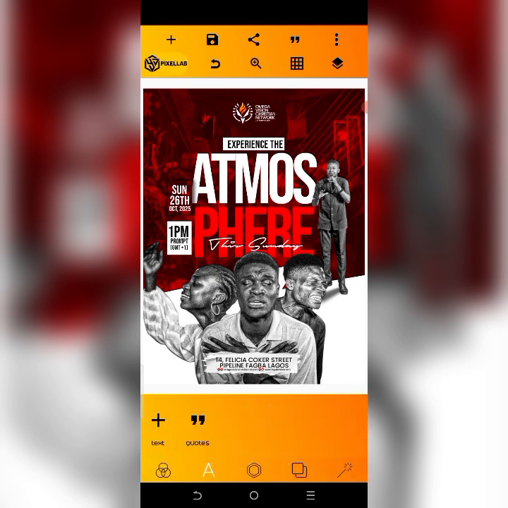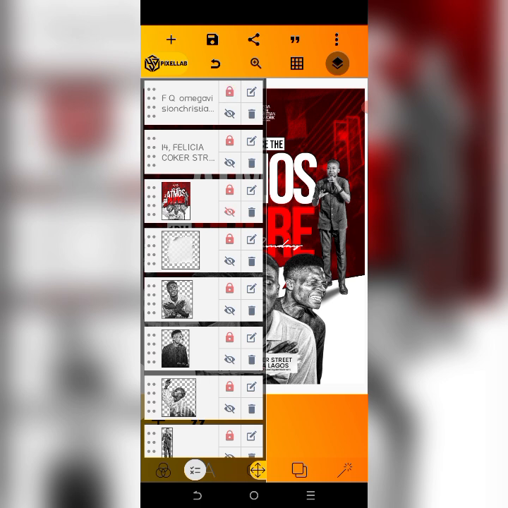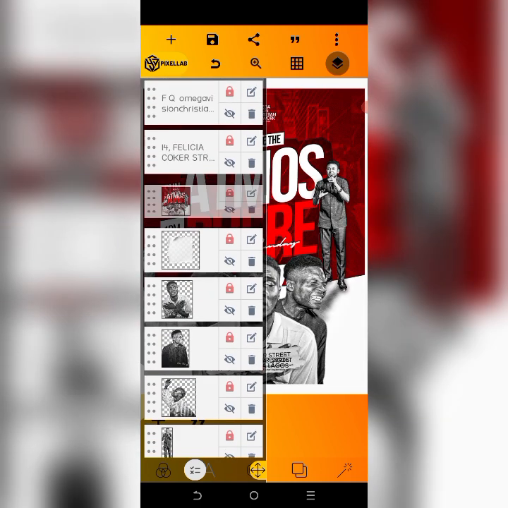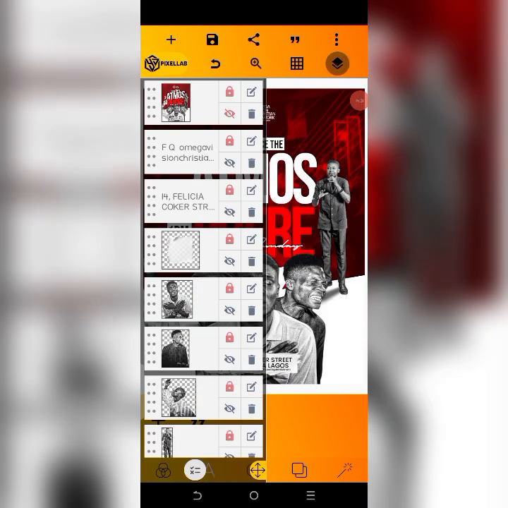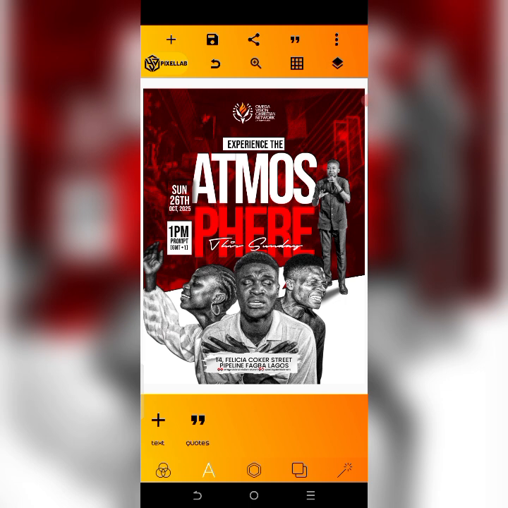Then the next area, if you take note of the original design, there is like this movement around this Atmos. Now this movement around this Atmos, let me just work on it. So I will bring in that same paper tone effect that I used for this 14 Felicia, this address. Alright, import,